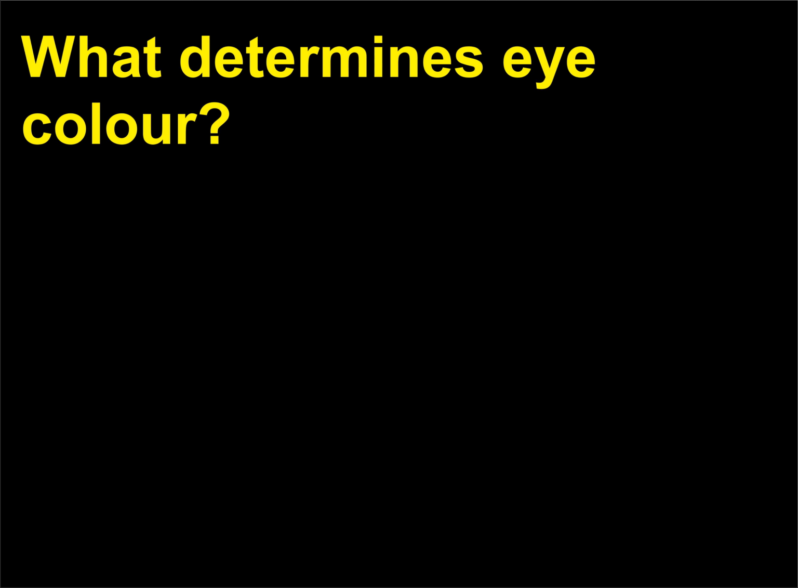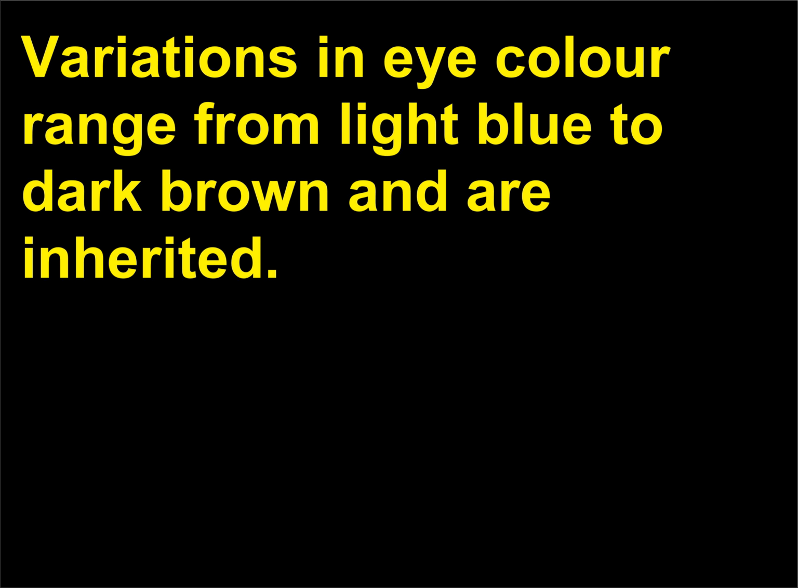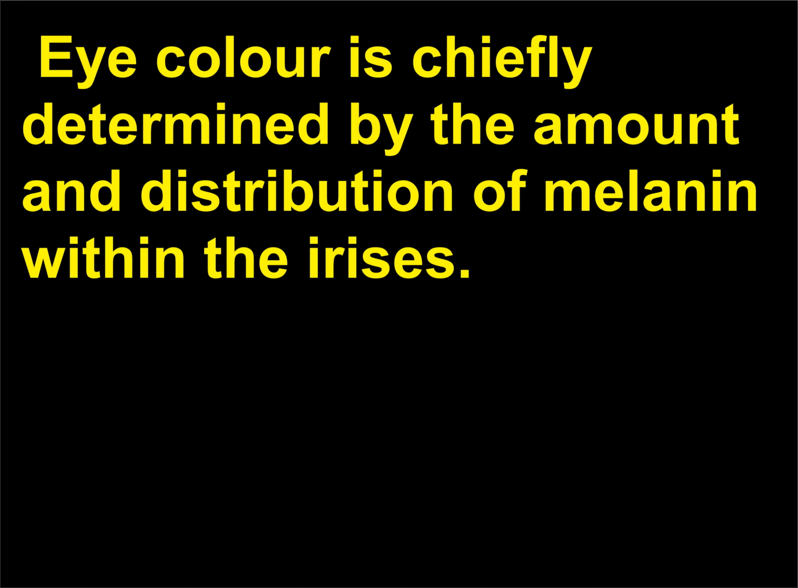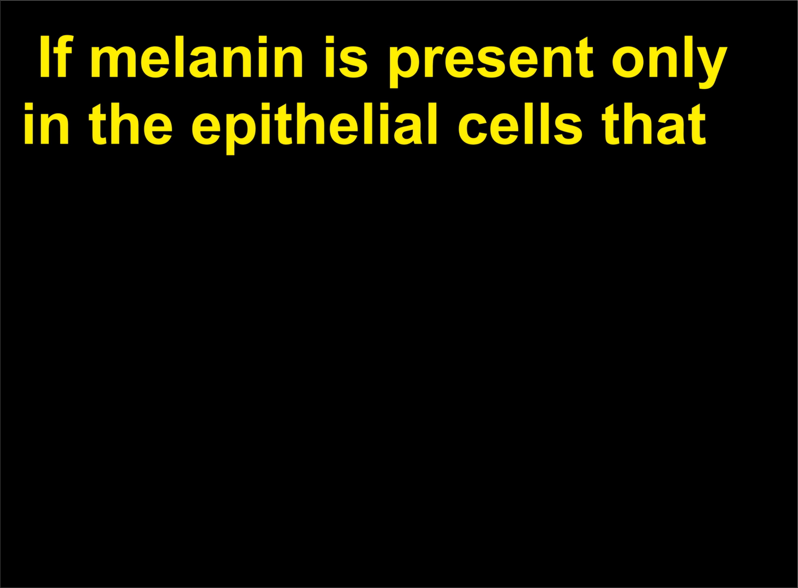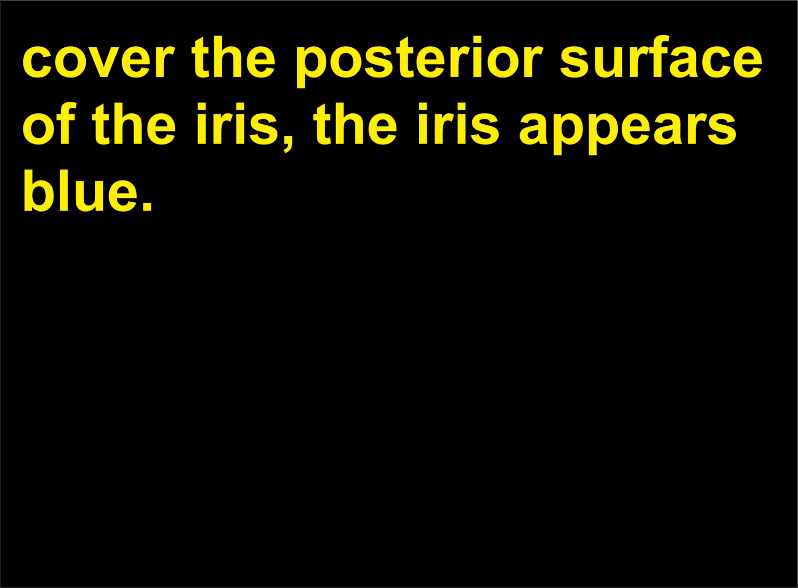What determines eye color? Variations in eye color range from light blue to dark brown and are inherited. Eye color is chiefly determined by the amount and distribution of melanin within the irises. If melanin is present only in the epithelial cells that cover the posterior surface of the iris, it appears blue. When this condition exists together with denser than